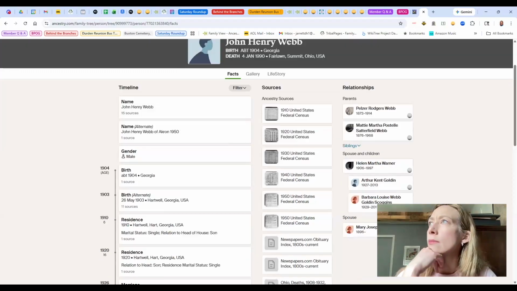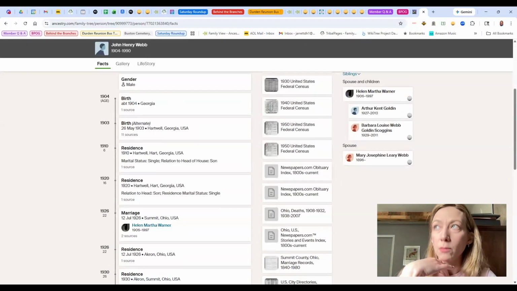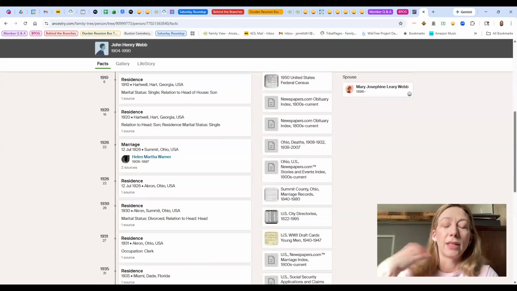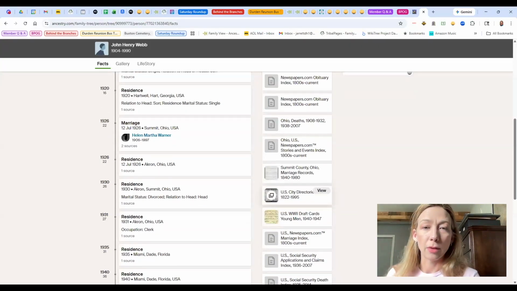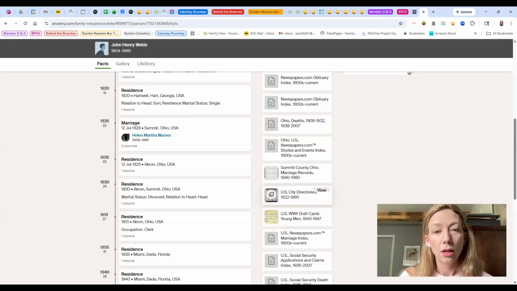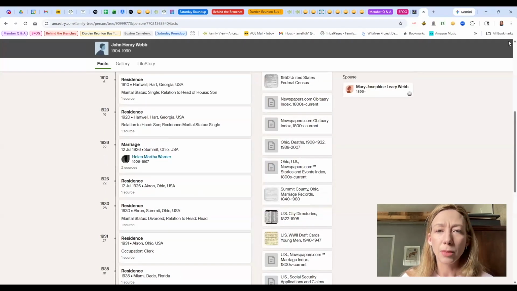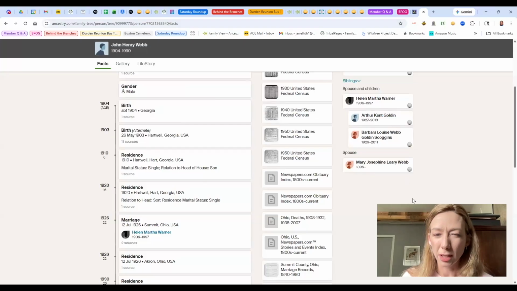And yeah, Ancestry has a lot. MyHeritage has a lot, but they don't have literally every directory that ever existed, and neither does Internet Archive. So you just have to kind of comb everywhere. I think Ancestry had some of the Akrons, but not all of them. If you scroll up a little bit and click on Mary Josephine Webb,